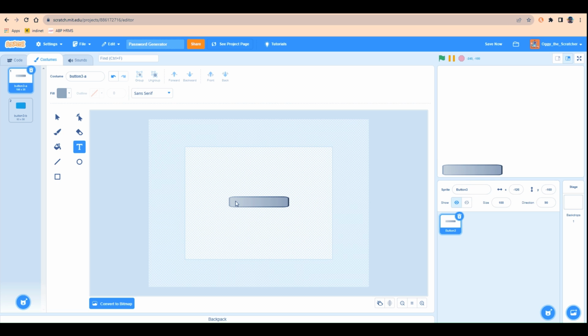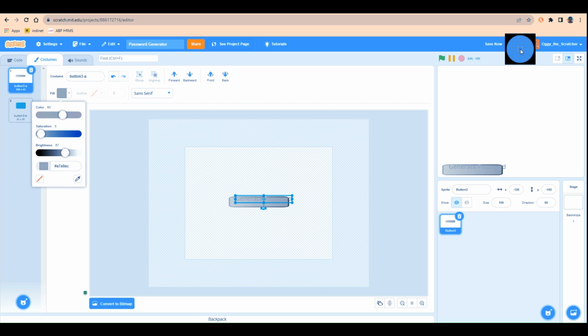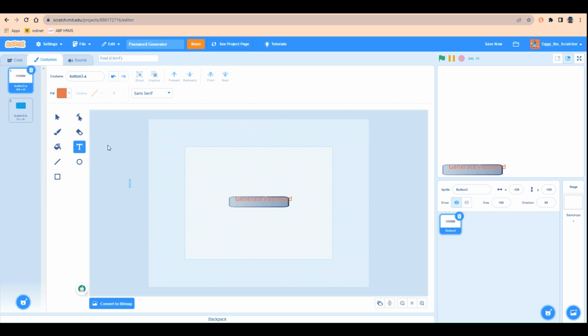Now we need some text, right? So generate password is a good choice. Yeah, I'm going to make this visible. Here I have the hex color picker. If you don't have this, enable this in Scratch add-ons. Add a select a color from menu of my windows. I think this orange will be perfect. Don't you see over there in the corner? Yeah. Okay, so this is the orange, and with the select tool, I'm going to snap it to the center,